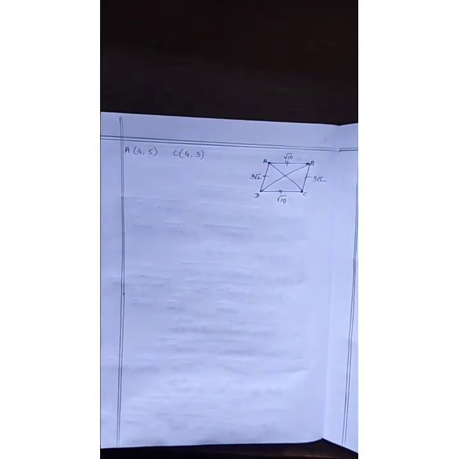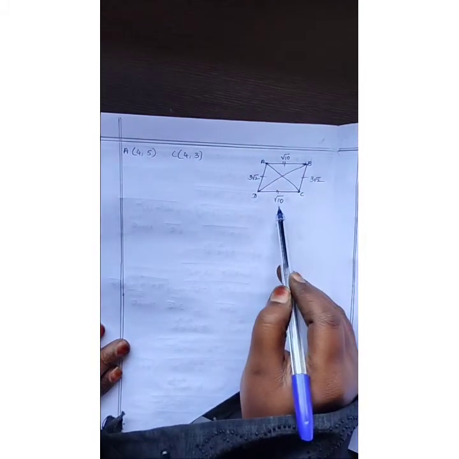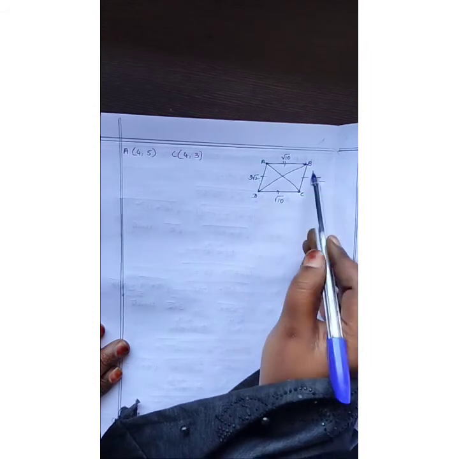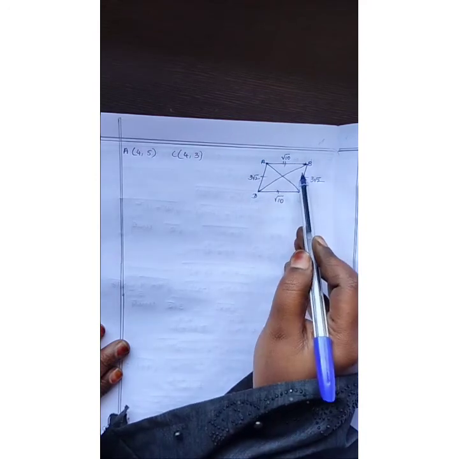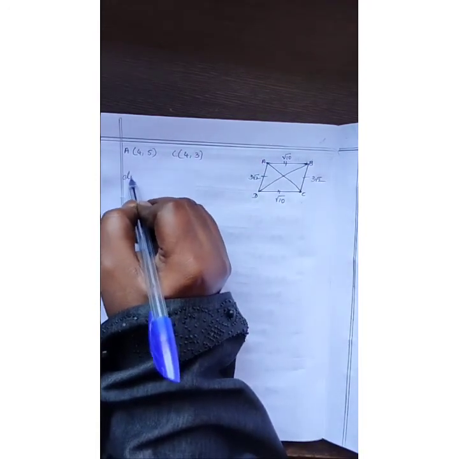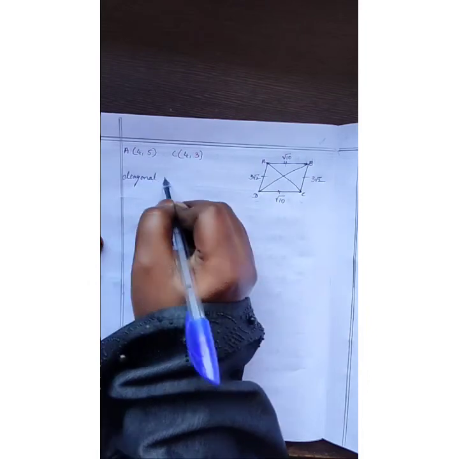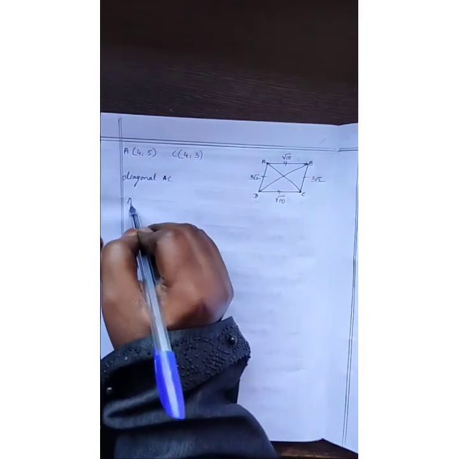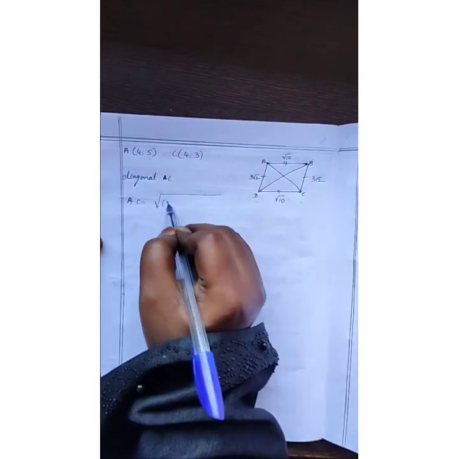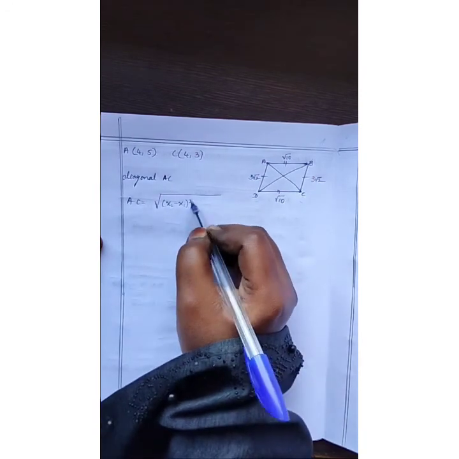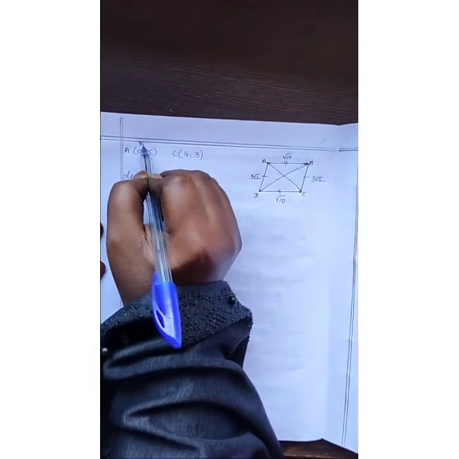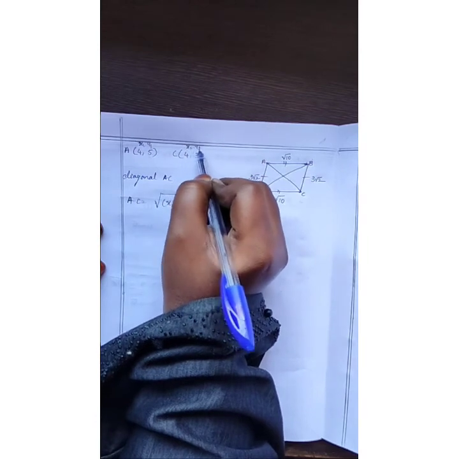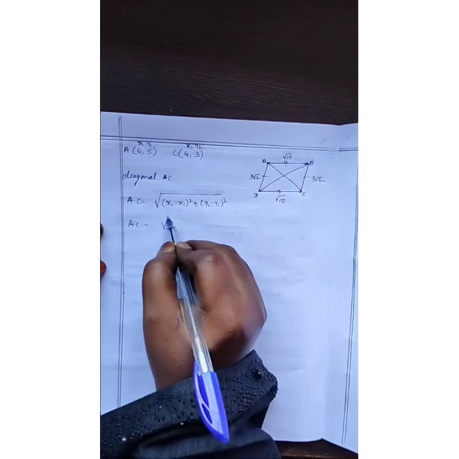See children, already we got the two opposite side values the same. AB value is root 10 units and DC value is root 10. And AD value is 3 root 2, BC value is 3 root 2. Now we will check the diagonals. AC is one diagonal and BD is another diagonal. Diagonal AC. Apply the distance formula. AC equals root of x2 minus x1 whole square plus y2 minus y1 whole square. Consider this as x1, y1 and this as x2, y2. Substitute these values in the distance formula.